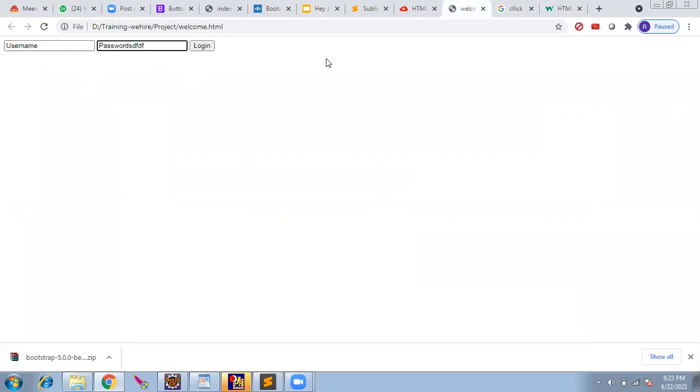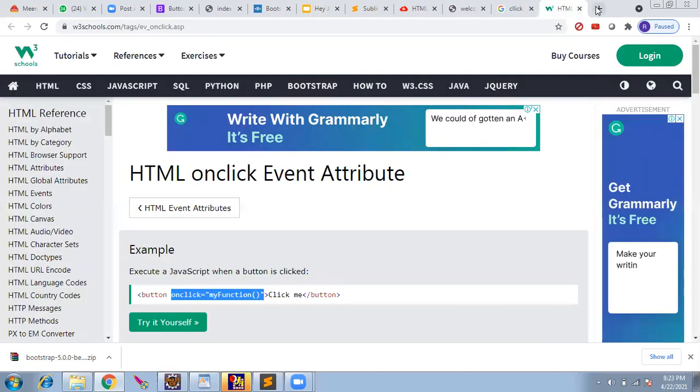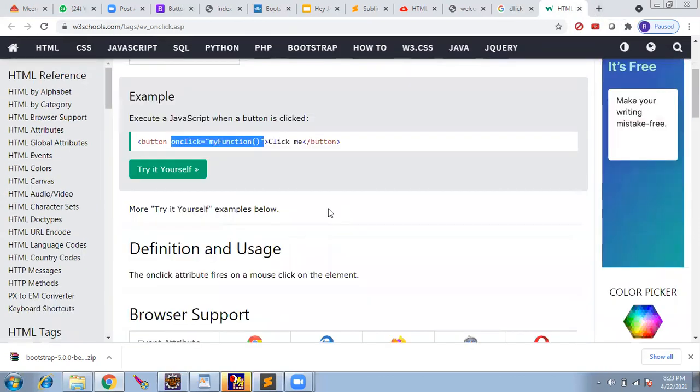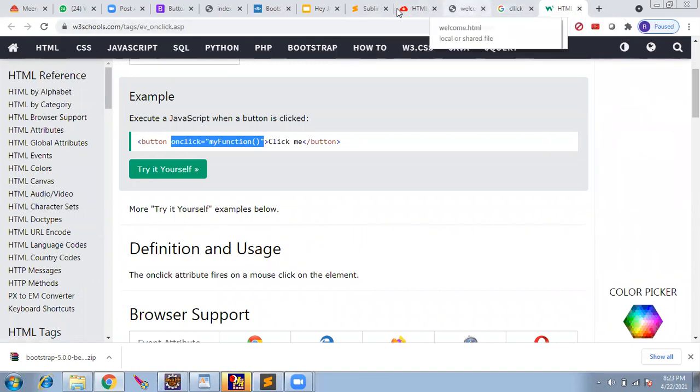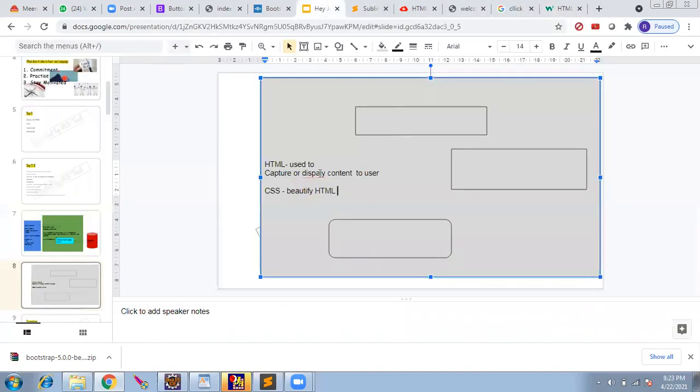That means Rajesh, CSS is, yeah, I'll show you how to write it. Let's say we need to create a, I'll show you now. If you go to the HTML onclick, okay. Now let's finish up this and I'll come to CSS. So three sections are there in a web page. One is just displaying the content. Second is beautifying the HTML. Third is doing some logic in the web page or the HTML page.